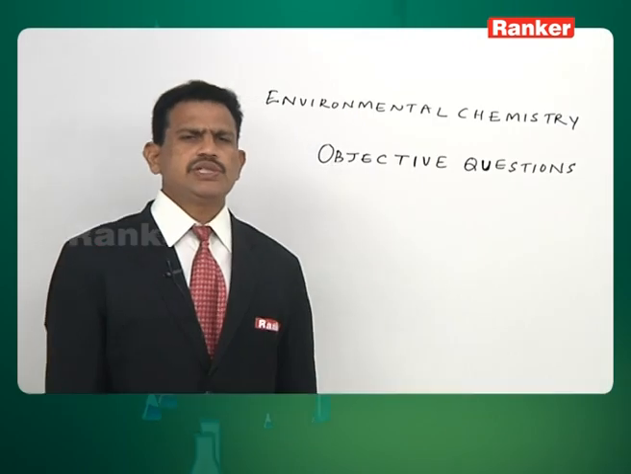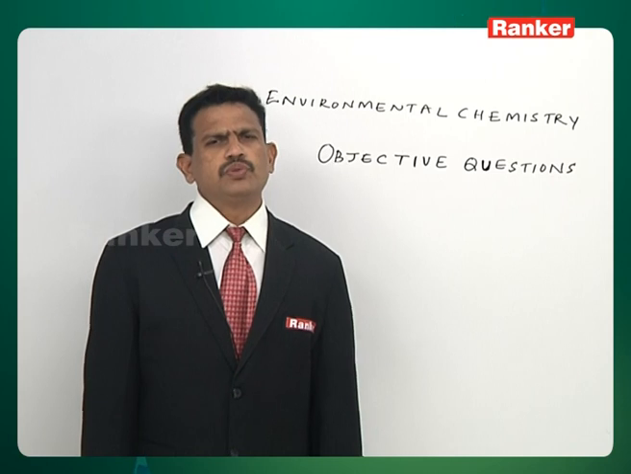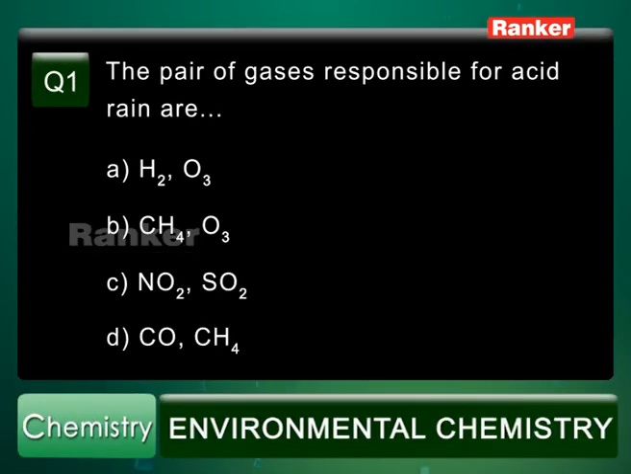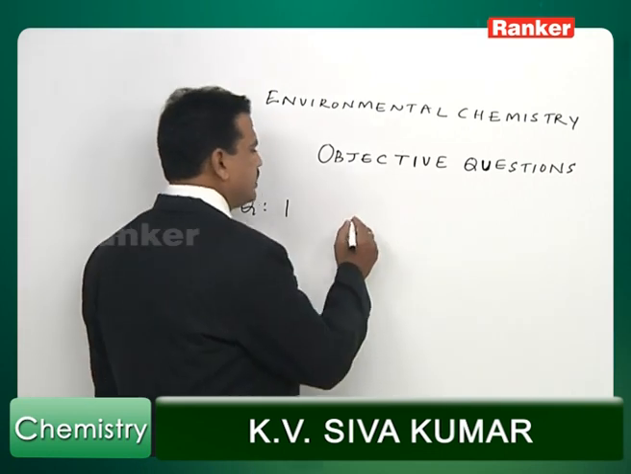Let us see some more questions in environmental chemistry pertaining to mains level. Question 1. The pair of gases responsible for acid rains are: hydrogen, ozone; methane, ozone; nitrogen dioxide and sulfur dioxide; carbon monoxide and methane. So, among the four answers, we can go for answer